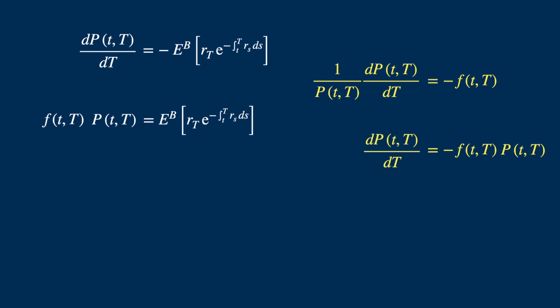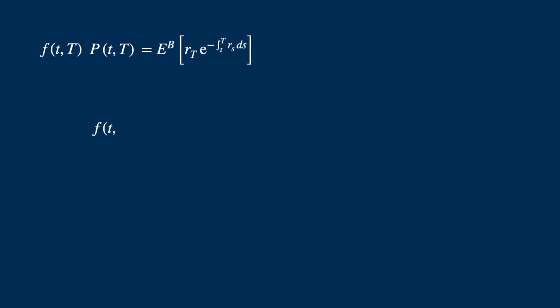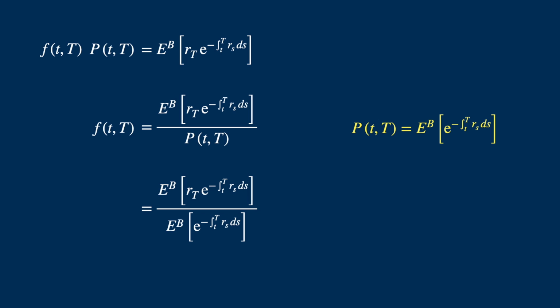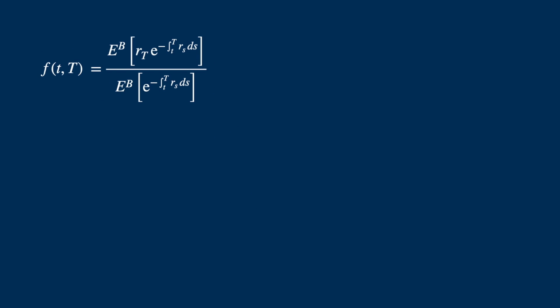We now isolate the instantaneous forward rate on the left hand side, and we then recall that the price of a zero coupon can also be written in terms of the short rates. So R_s here is the short rate. So it is like the future observed values of the instantaneous forward rates, and because these will be observed in the future, we need to take the expectation, and we can substitute this for P. And now this looks very much like the right hand side of the abstract Bayes formula,